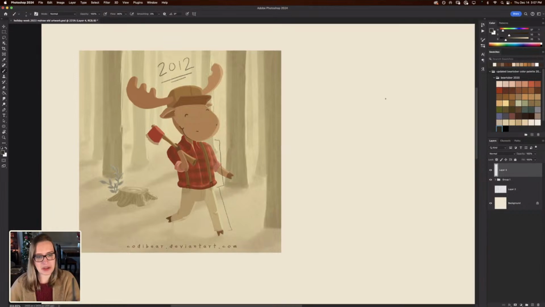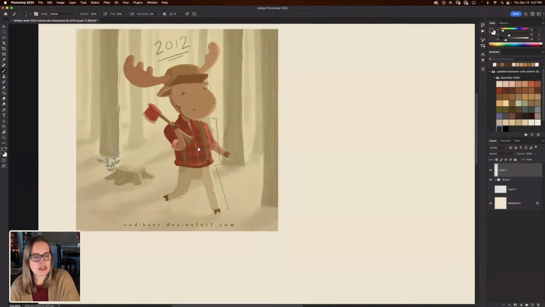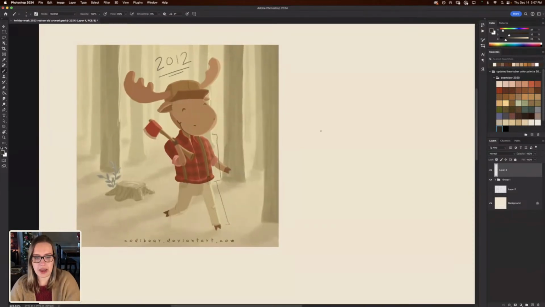Okay, back to what I was saying about the artwork. The torso is a lot longer than what I would draw nowadays. Typically I start with the torso when I'm doing anatomy, so let's go ahead and start there. I would more likely draw a little trapezoid shape. That's the direction that I go with my torsos. And then of course the legs are going to get pulled up quite a bit.